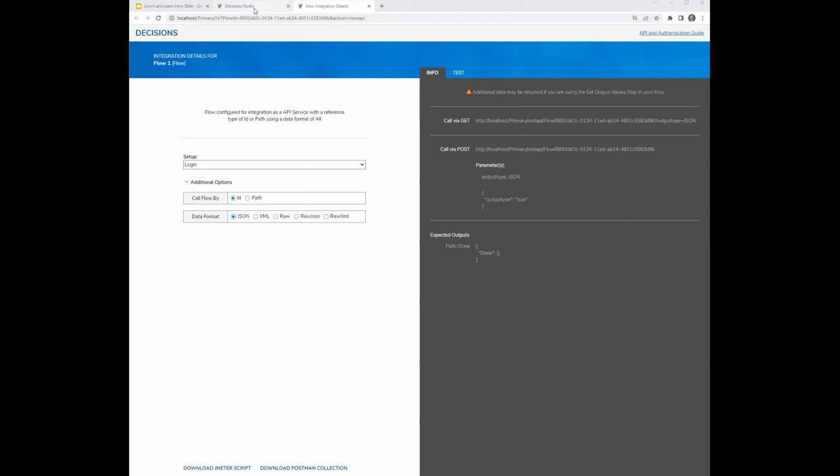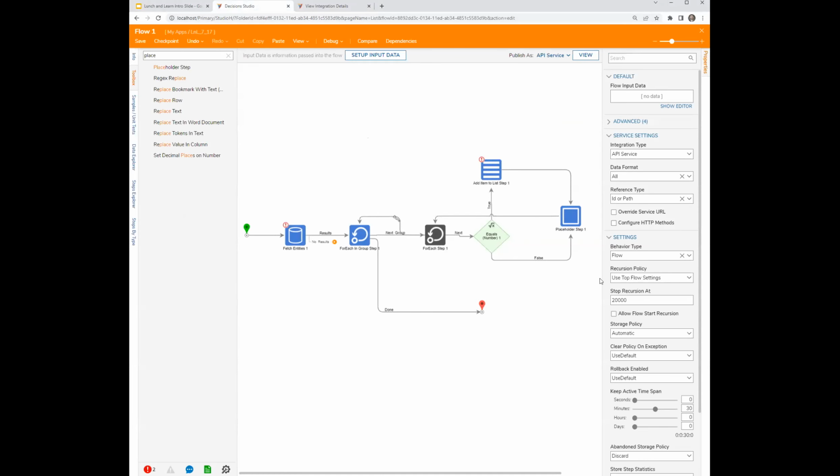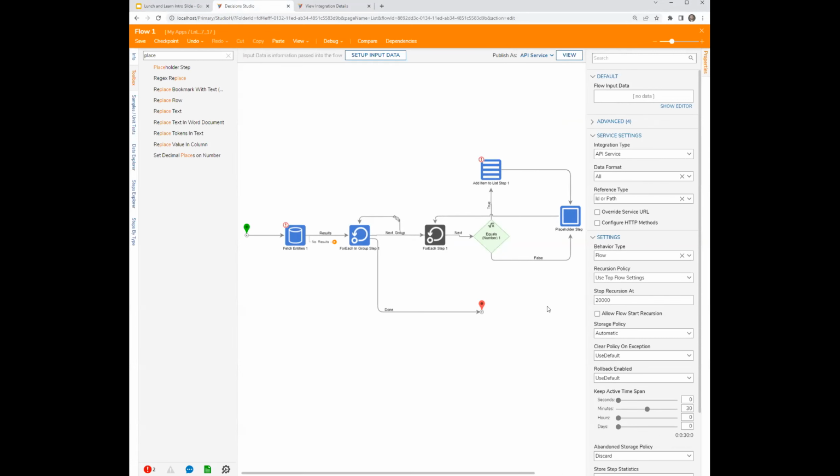Okay, recursion limit. So let's just use this flow. You can actually turn it off. That might be relatively new. I don't think I've seen that before. The question is, we have a recursion limit in Decisions to prevent a certain number of flow step executions from occurring. And we set that at 20,000 by default. So to your first question, how does it work? It's actually just counting the actual individual step executions that are hit,